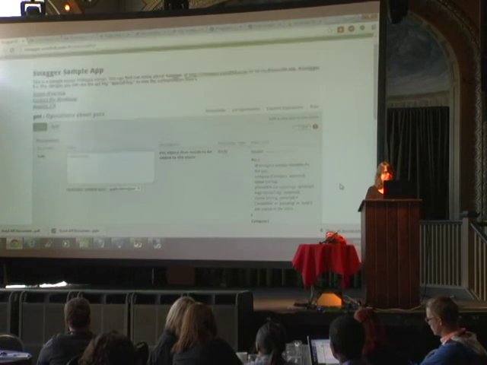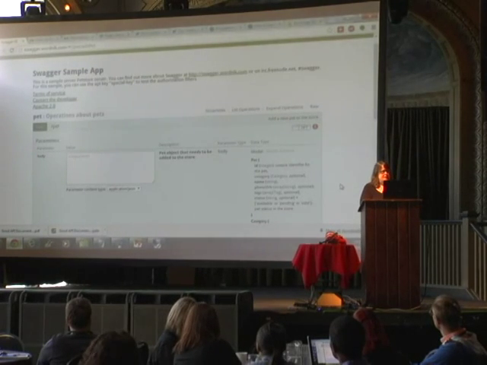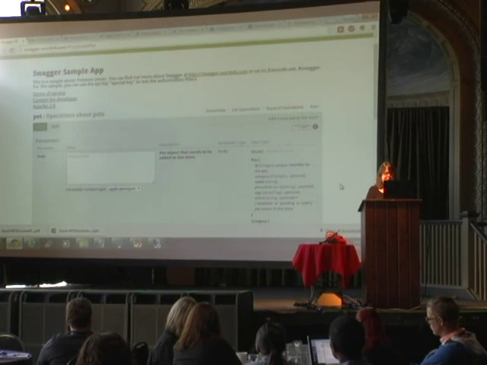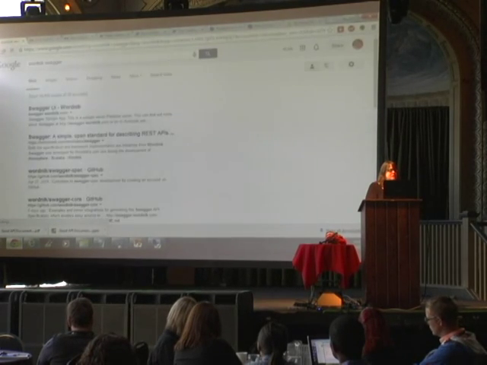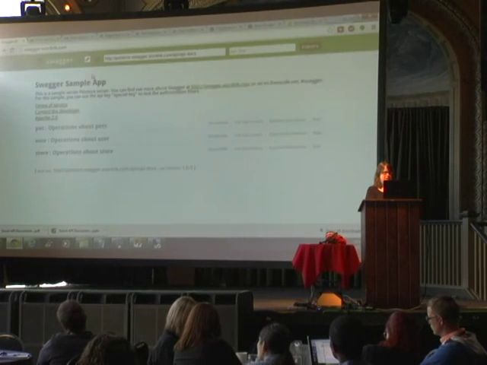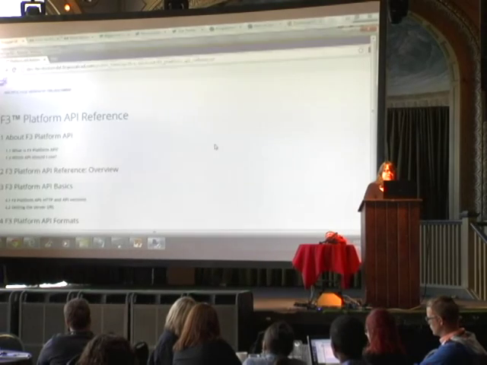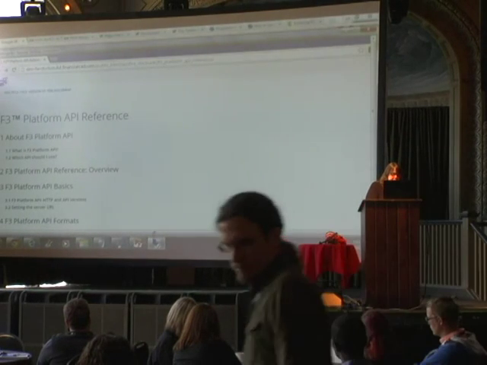So I don't think that setting up your API with Swagger will solve all of your documentation problems, but it's a really good way to concisely set up reference information. And if you don't use Swagger, I would recommend using something that gives you the same sort of capabilities. And the way we did it at my company, we have something similar here.